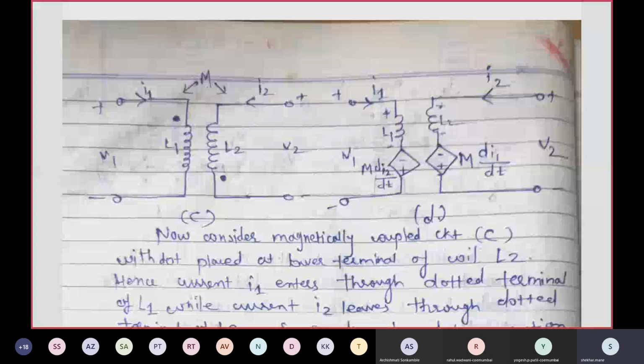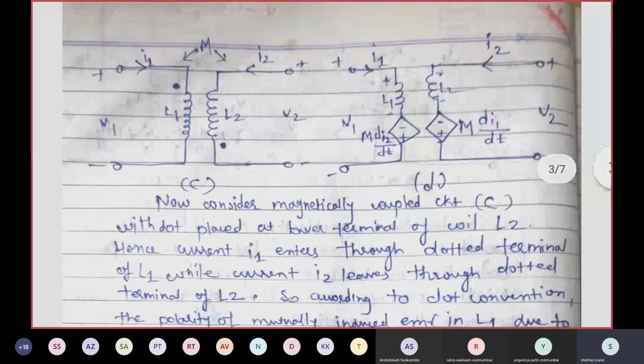So you can see this circuit diagram D. You can see there in coil 1 self-induced EMF is across L1, but उसका exactly opposite polarity है mutually induced EMF, that is M di2 by dt. And similarly in case of coil 2 also, self-induced EMF का polarity across positive and negative L2 और उसका exactly opposite mutually induced EMF because of current I1, M di1 by dt. Now you can read this.